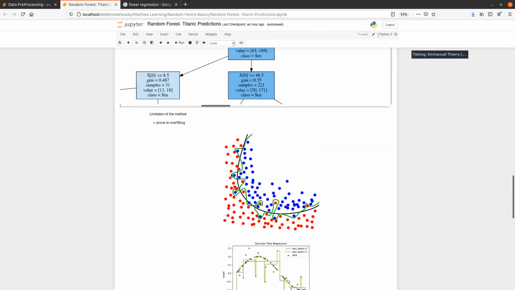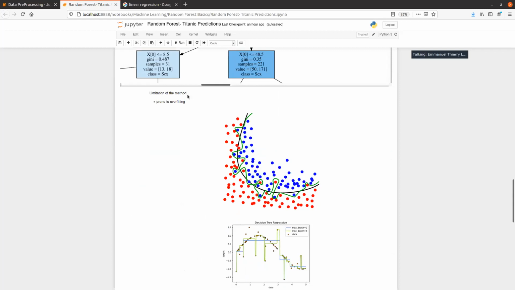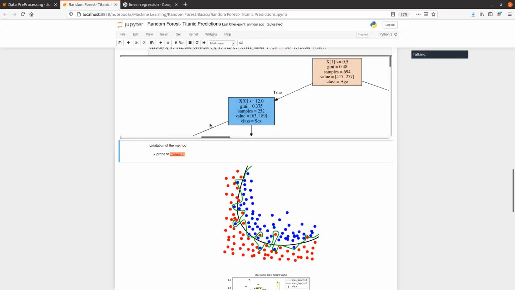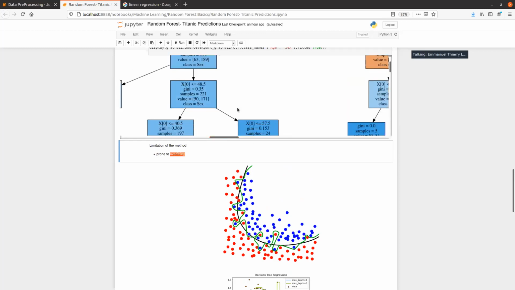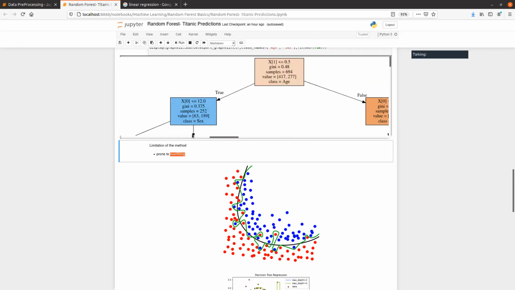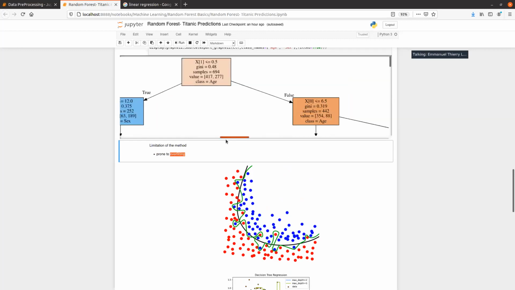But the limitation of that method is that decision trees tend to have a specific behavior that in machine learning we call overfitting. So we say that decision trees are prone to overfitting. What overfitting is, let's say you have 150 data points in your data set, then you can do a split for each and every data point.